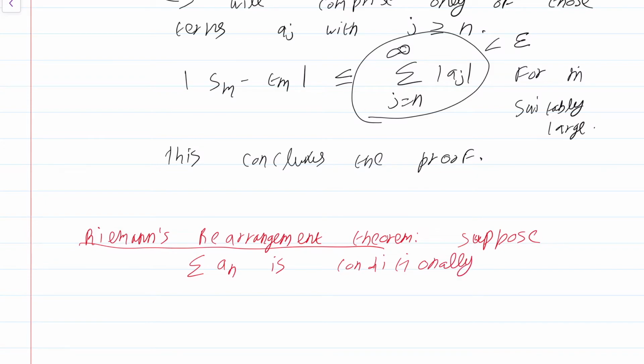That means it converges but not absolutely. That is, you are not just given that it might or might not converge absolutely. You are given that it does not converge absolutely. Conditionally convergent. Then